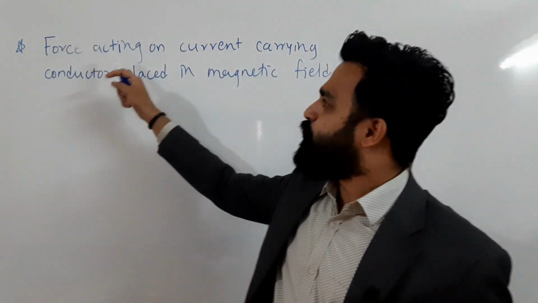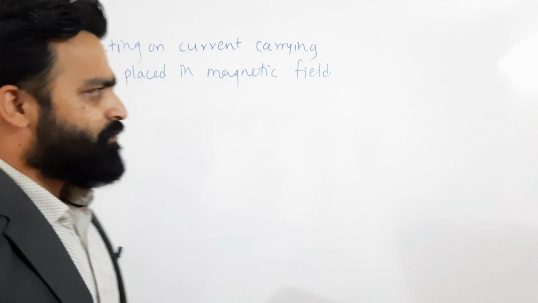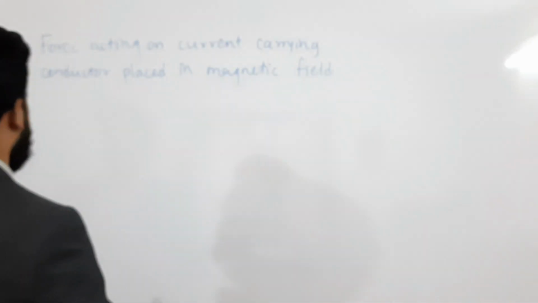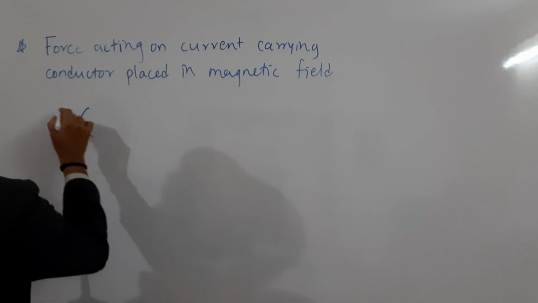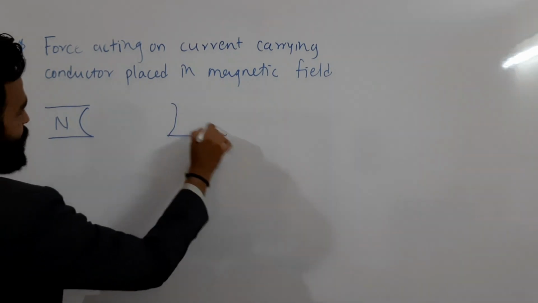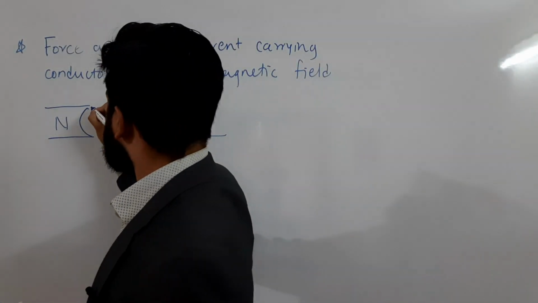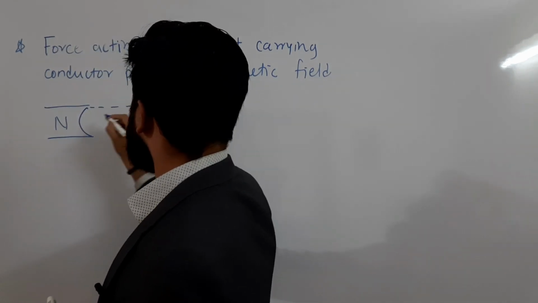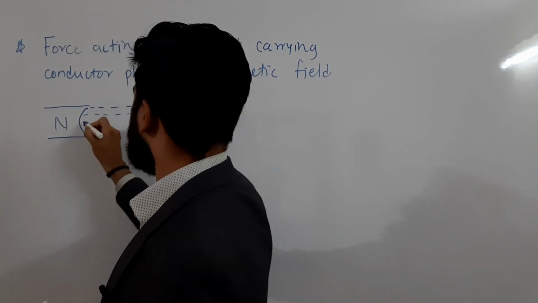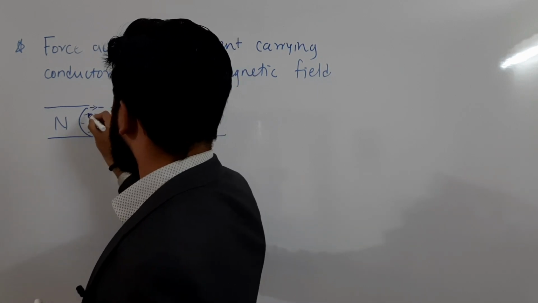Now let's start today's session. So as we want to understand force acting on current carrying conductor placed in magnetic field, पहले हम क्या करेंगे? We will draw two magnets which are producing magnetic field. For example, this is a north pole of the magnet, and on this side I am having south pole of the magnet. So I am going to draw magnetic lines of force due to these two magnets. So let's suppose these are magnetic lines of force moving from north towards south. Okay, so I am showing there a direction also.